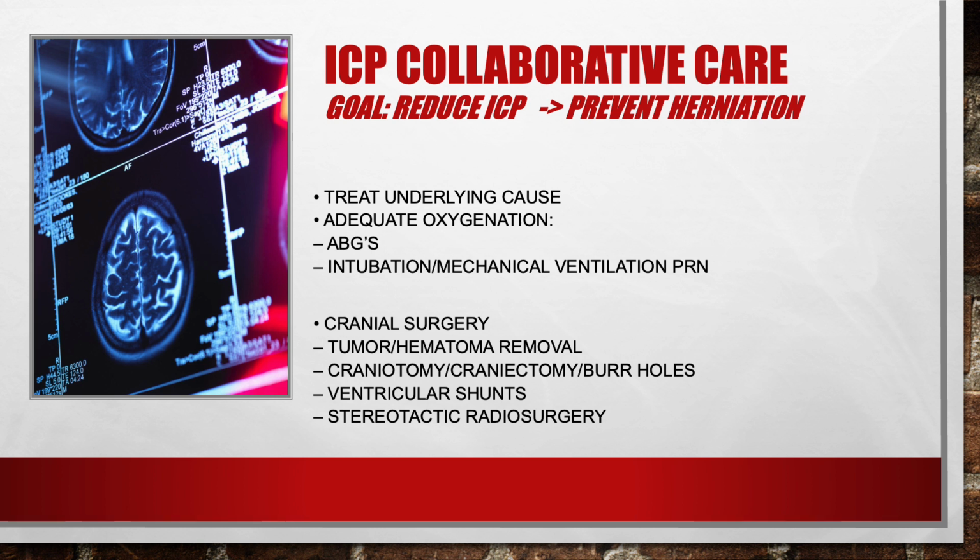Ventricular shunts can assist with drainage of blood or pus. If it's CSF, remember how it builds in the ventricles of the brain? And they can put a shunt in there and redirect that fluid away from those ventricles so it can reduce the hydrocephalus. So that's a good one.